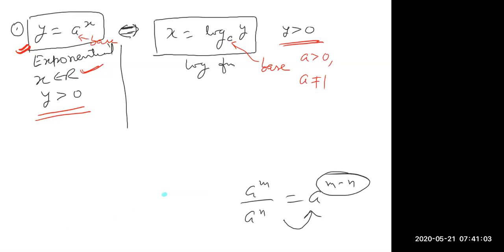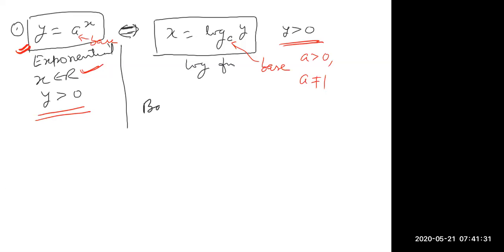So because of these, logs were developed to make calculations easy. Now here, two or three things are there. Slowly I will go one by one. Base. There are two popular bases. This is the base, a small thing, so I will explain it. There are two standard bases.